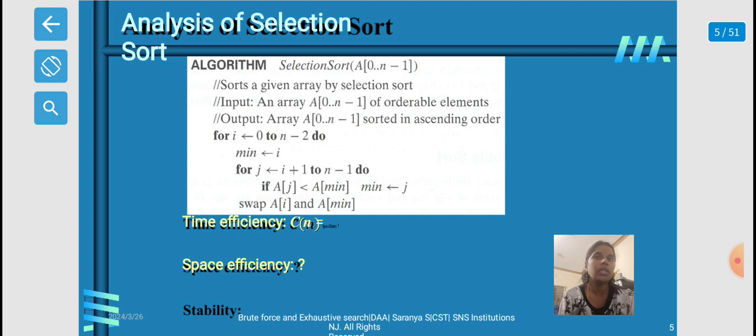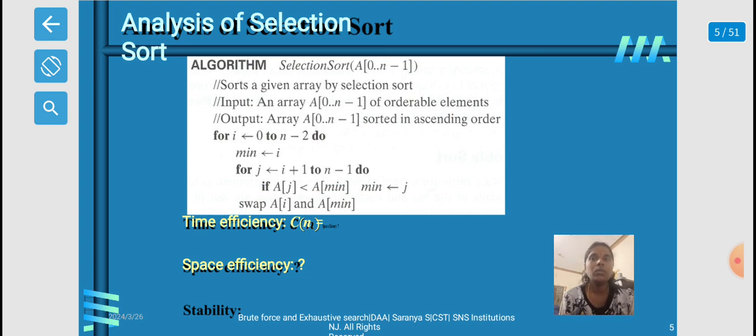bubble sort can be represented by the following: A[0], A[j], A[j plus 1] up to A[n minus i minus 1], from 0 up to n minus 2. If the algorithm of